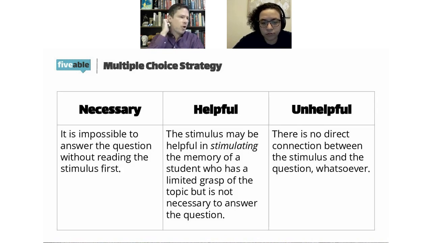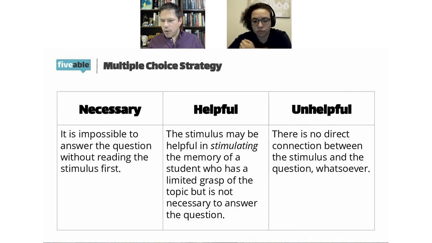Now, the big thing here, and I've seen that now, it varies from exam to exam. The balance of these varies from exam to exam, but on a lot of these questions, the stimulus is unhelpful. There is nothing in the stimulus whatsoever that is going to help a student answer this question. I think it's important for students to realize that a lot of these questions, even though they're in a set, grouped topically, they don't need the stimulus to answer, and they need to rely on what's in here rather than what's there, distracting them. And so that's the thing.